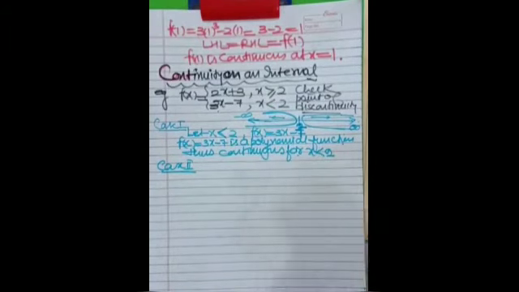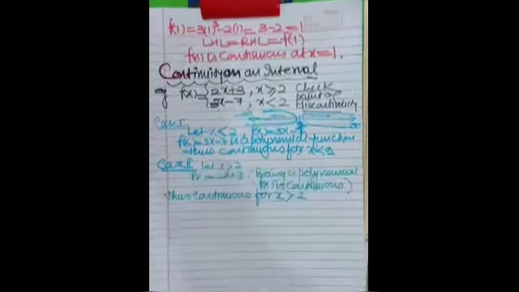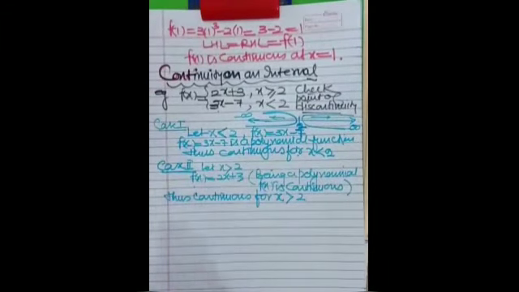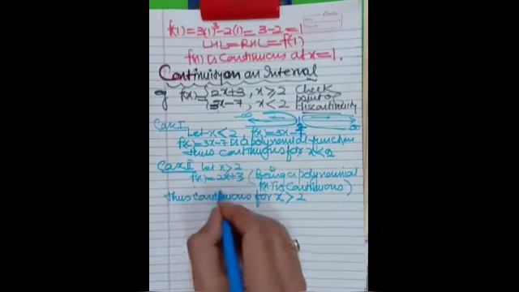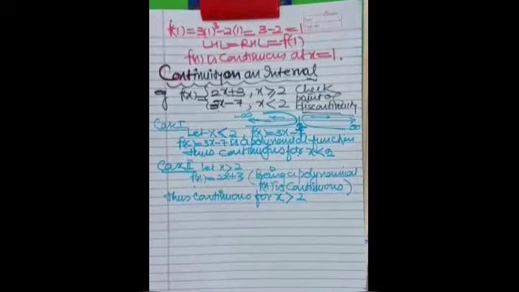Now we will consider the second case. Now children, you can see the second case, x is more than 2. In the case more than 2, you can see that f(x) is equal to 2x plus 3. Being a polynomial, it is continuous. This function is continuous on this interval more than 2.